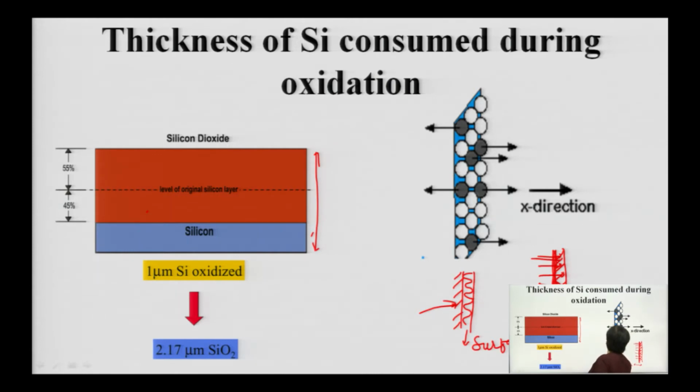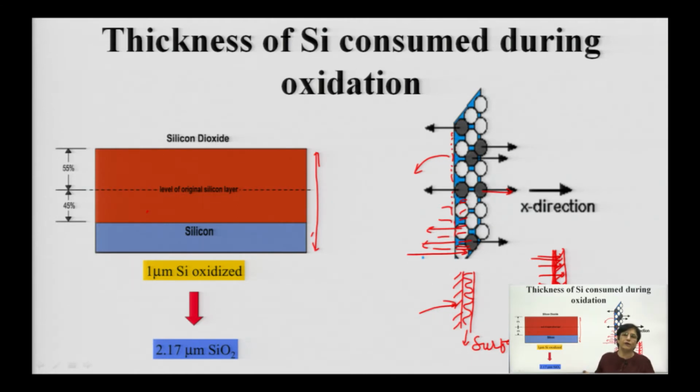So, first growth is in this direction and then subsequently it grows in the other direction. As a consequence of this, understand that whatever impurities are there are likely to be present on the surface, and since silicon dioxide is penetrating inside, first it is forming the layer inside and then subsequently towards the outside.